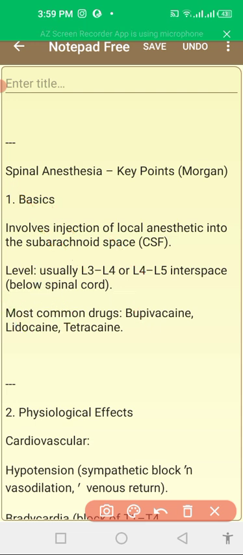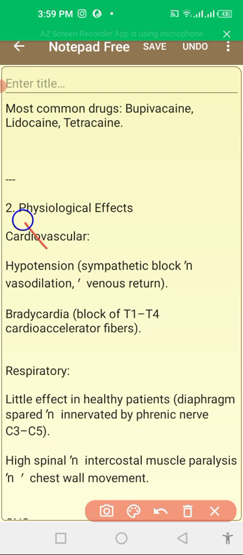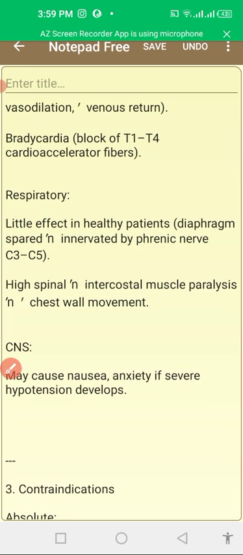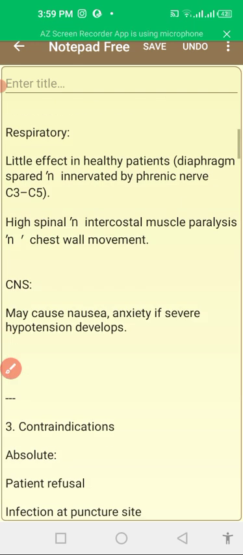So what are the physiological effects of spinal anesthesia? Cardiovascular: we will look at hypotension because of sympathetic block, vasodilation and decreased venous return. And then there will be bradycardia because there is a block of the T1 to T4 cardio-accelerator fibers. Respiratory: the diaphragm is paired and its innervation is at C3 to C5, so we do not need any mechanical ventilation, and paralysis does not happen in the chest wall, so the patient breathes spontaneously on their